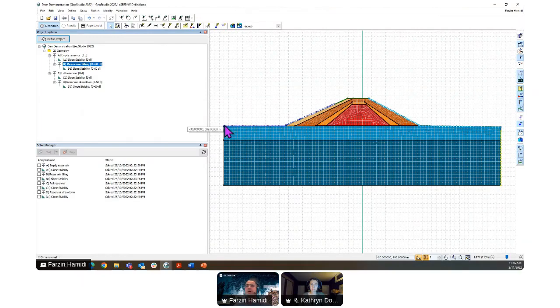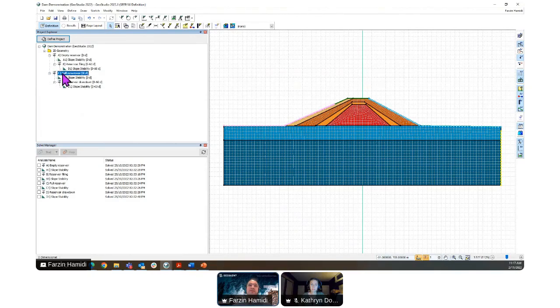So you will see I will include a boundary condition that is going to define the reservoir behind this embankment. And we will check again what happens if we gradually increase this water level, what will happen to the stability analysis. Again, the second analysis, as you can see in this project tree, so the first one is starting with the empty reservoir and going up to getting full.